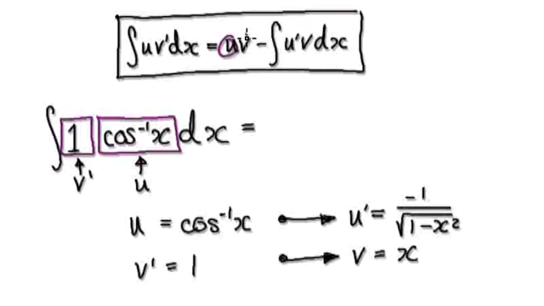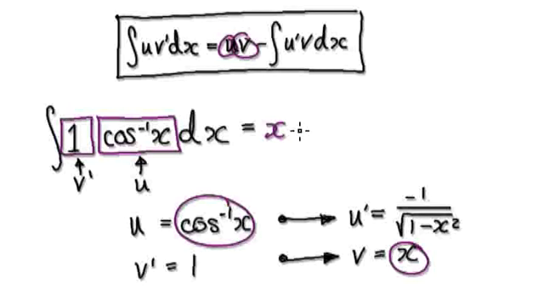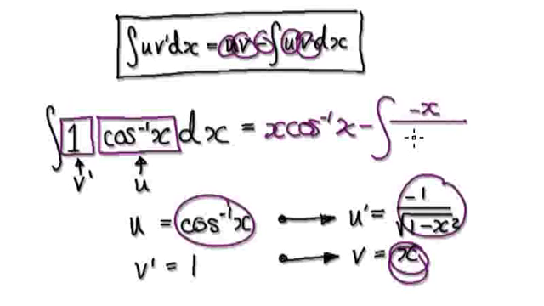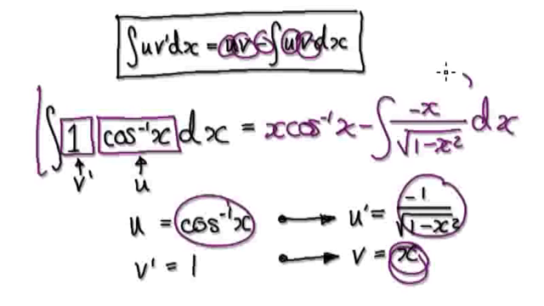So it's saying get u times v, so that would be x inverse cos of x, and then you've got your minus the integral of, it's saying u prime times v, so that would be minus x over root 1 minus x squared dx here,